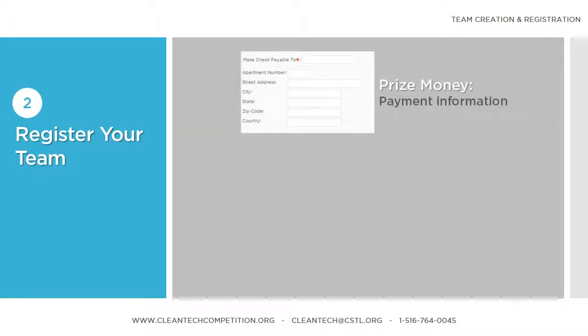First is prize money information. There are 3 reasons that your team may be receiving money from competition administrators. If you qualify as a semi-finalist team, you will receive prize money. If you qualify as a finalist team, you will receive a stipend to use for your prototype and presentation. And at the end of the finalist round, teams will be awarded prize money as well.